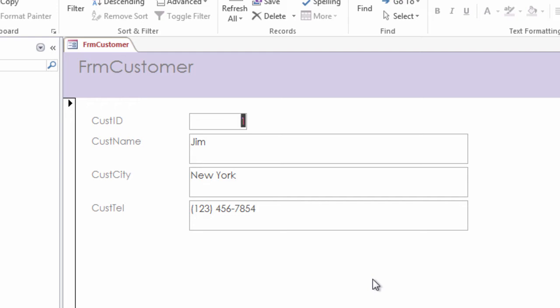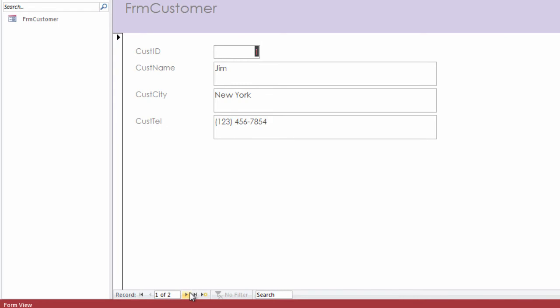So now it's automatically opened a form that basically shows the information that is present in the table that we just created 2 or 3 tutorials ago. Okay, and I'm going to go to the bottom of the screen here, try to see how many records are present, and you'll actually see that there are 2 records present. If you remember, when we created the table in the second tutorial and we entered the data in the third tutorial, we only added data about 2 customers. Okay, so that's the information you're seeing here. The first customer ID 1, Jim. That information. When I navigate to the next record, I see Kim from Boston, and if you remember, we